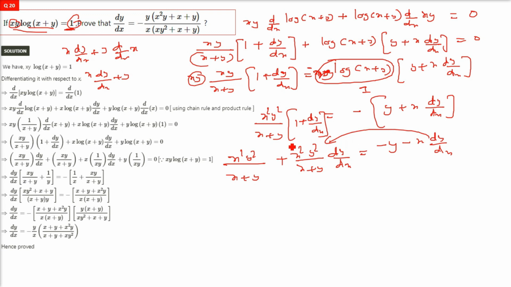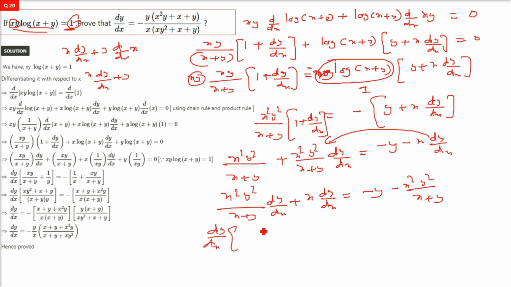Now bring it here and bring this one here. So what do we get? So x square y square by x plus y plus dy by dx, this is the first thing, plus x dy by dx. These dy by dx terms on the one side, and then we have minus y, and it will be negative only because minus x square y square by x plus y. Now since dy by dx can be taken common, what do we get? X square y square by x plus y plus x, and this is going to be equal to,